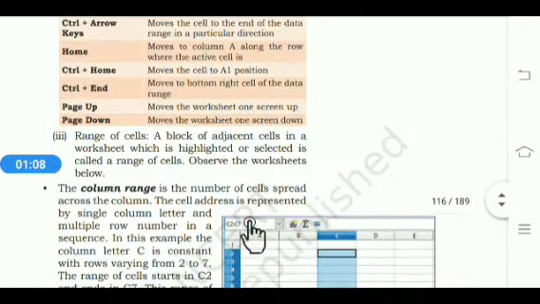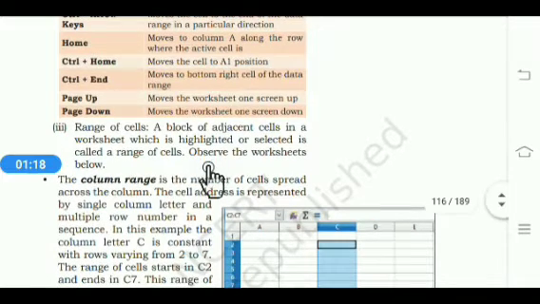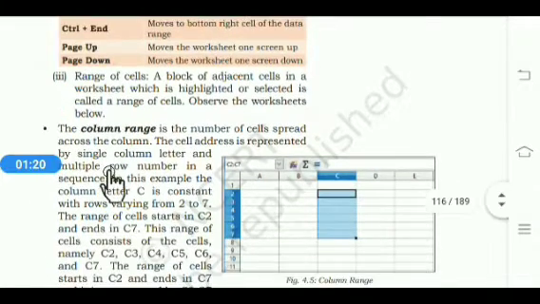Then next is range of cells. A block of adjacent cells in a worksheet which is highlighted or selected is called a range of cells. For this, observe the worksheet below. First is column range. Column range is C2 to C7. The column range is the number of cells spread across the column.